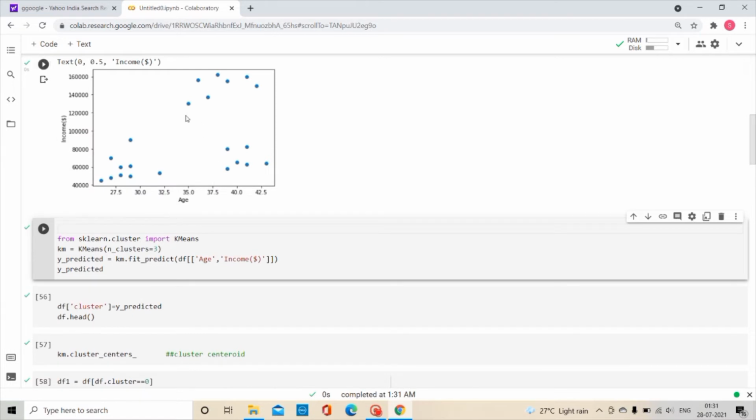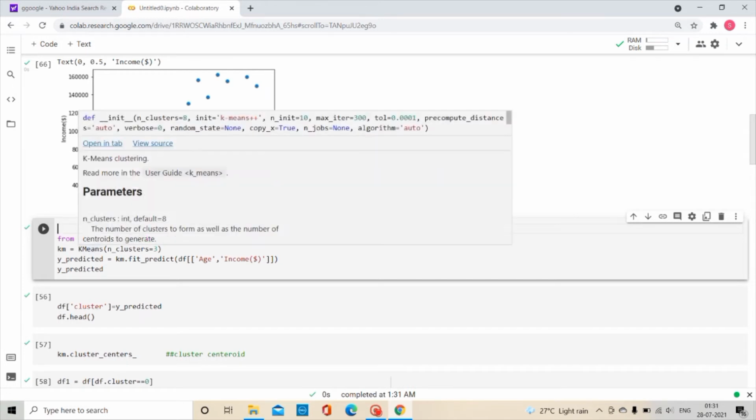And now you can see that we have our cluster, our data points exactly executed in our plot. So in our next step, we are going to import the k-means algorithm from the library sklearn. From sklearn.cluster import KMeans, and we are going to specify our k-means algorithm with the cluster value as 3 inside our object with the name km.